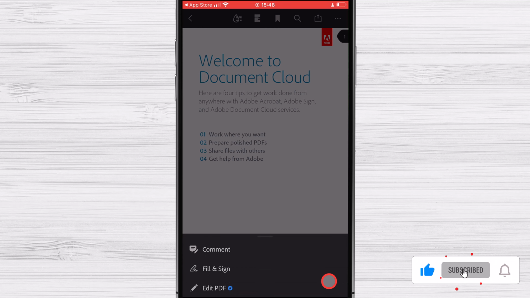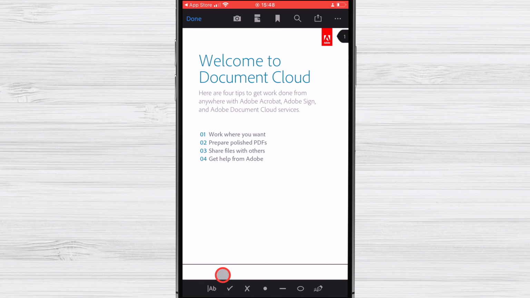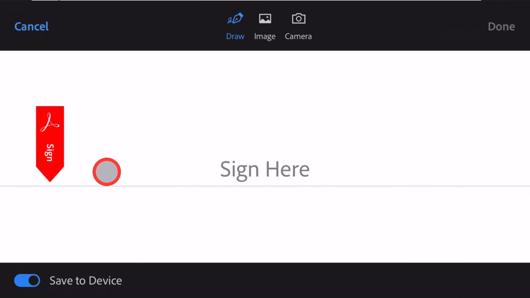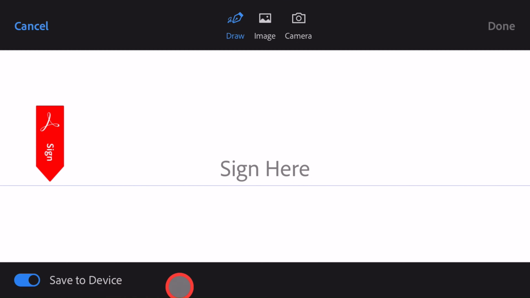Tap on the Edit button. Tap on Fill and Sign. A bottom bar will appear. Click on the pen icon from the bottom bar. Click Create Signature. On the signature, you can type your name or use the draw to draw it like a